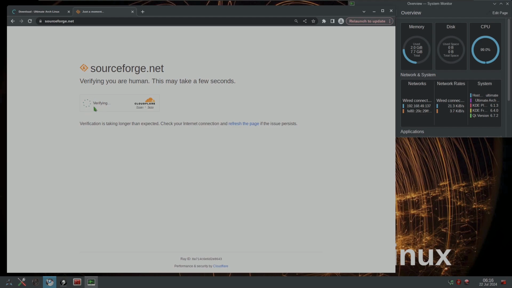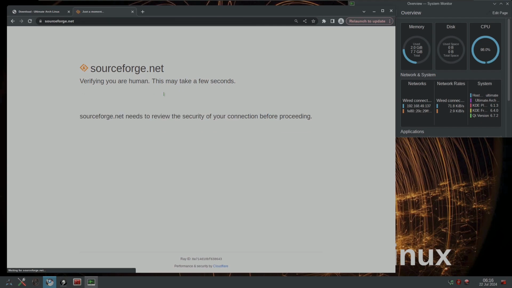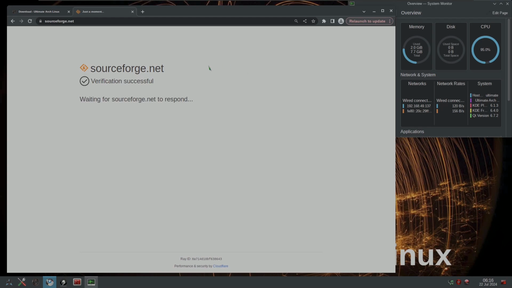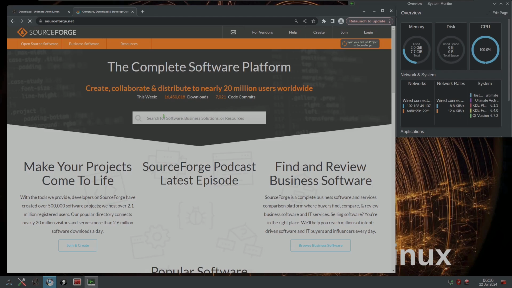It's taking a few seconds here because it's going to verify. Also, I'm using a VPN. Usually when I open these things in my main operating system, there's no issue, but when we try it on virtual machines or from the Linux distros, I don't know why it takes a bit of time to verify all those things. It's still verifying human. Let me check this button, and verification successful. And we should be typing our search term, which is